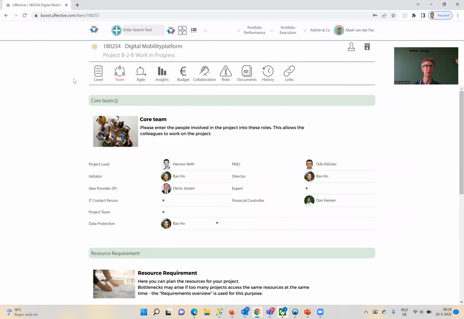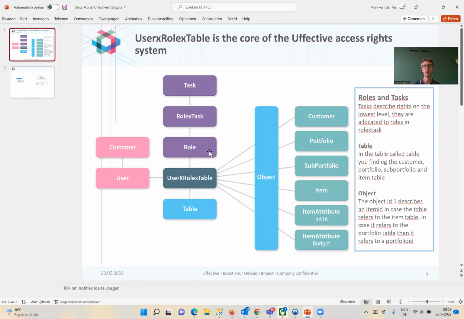If I look at this project, so we're here in a certain project, in a demo environment, we see here that one user, our colleague Hannes, is in the role project lead. So project lead, like initiator or director or expert, those are roles in Uffective. Each role has certain rights, and those rights are tasks. It could be read an item or edit an item, or it can be change the status. All kind of tasks are available, and every role can have multiple tasks, and every task can be in more